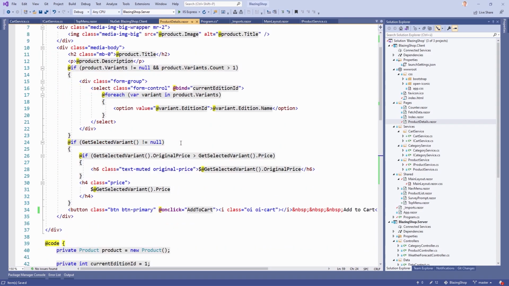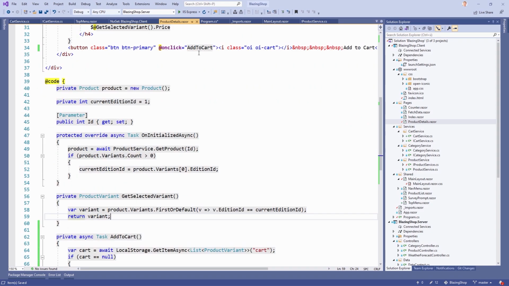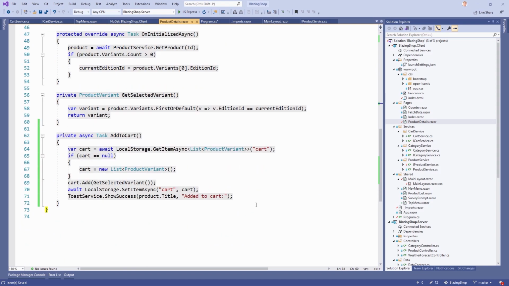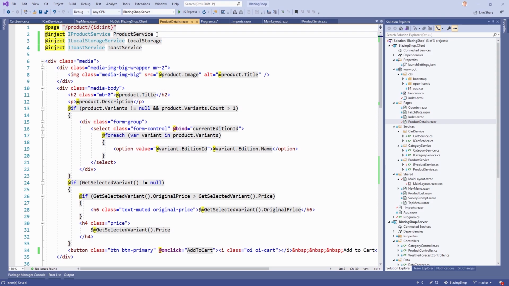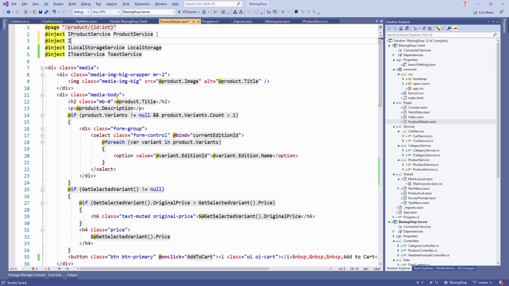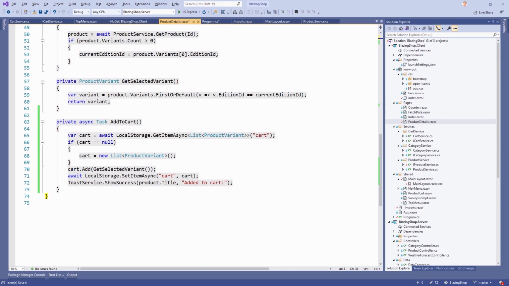details again. And now the add to cart function looks a little bit different, of course. Instead of doing all this by itself, the product details should call the cart service. So first we have to inject the cart service here. Inject cart service, and then we can actually remove all this